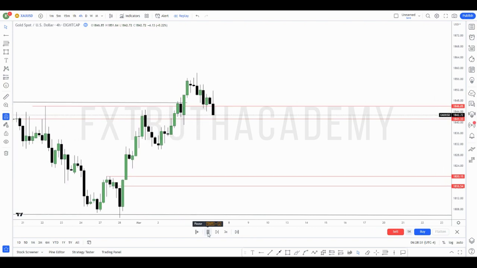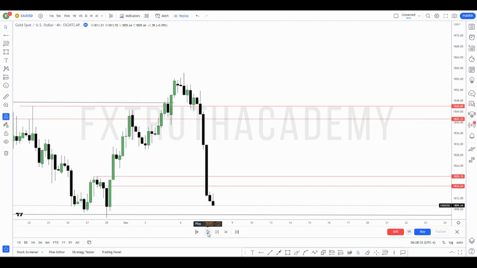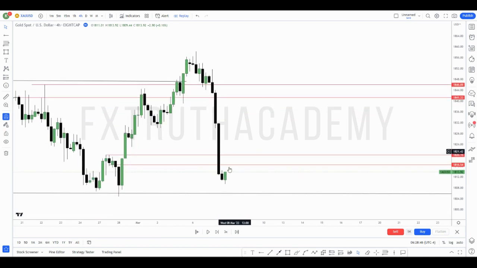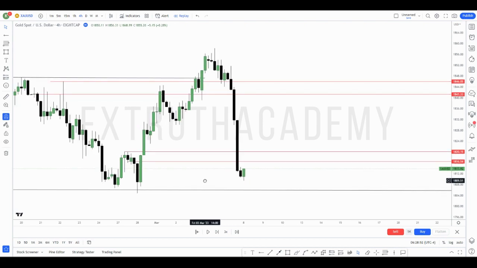So playing that out in time, you can see, wow, price dropped aggressively, even busting through our breaker block and driving all the way to this particular order block on the 4 hour time frame. And that's very, very good. And we can see at the end that we're already having a bullish sentiment coming into price. Very good. So what I'm going to do right now is drop to the 1 hour chart